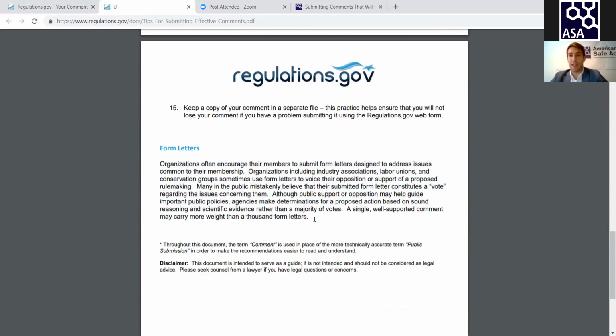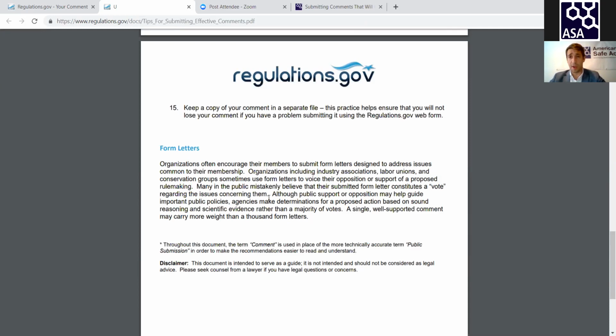it's form letters, and what this paragraph is basically saying is that when we send a letter to all of you that basically says sign on to the comments we've already created, and that submission is sent several times, that doesn't mean that submission will get more weight through the commenting process. I know some organizations, and us included, have sent out letters like that, but the FDA and other agencies have recently clarified that, unfortunately, the commenting process is not just an up or down vote of public opinion.